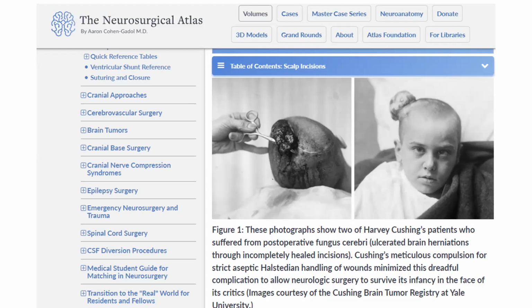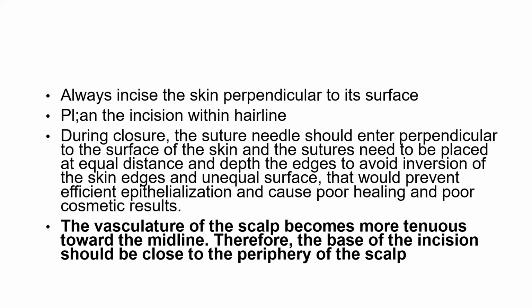So these are some of the points that I have already mentioned: always incise the skin perpendicular to its surface. Plan the incision within the hairline, and if the patient is bald, then you have to plan accordingly, using the anticipated area behind the hairline in a person who has hair. You can assess the area which is not quite visible from the very front in a bald person, and you have to pick it wisely